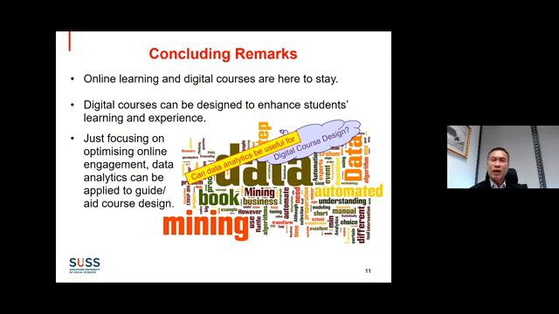So something to think about. And what I've shared over the last 20 minutes just now is just an example of what we have done in SUSS to try to understand online engagement, to try to look at the antecedents and the consequence. And we are going very much into this very seriously this year,